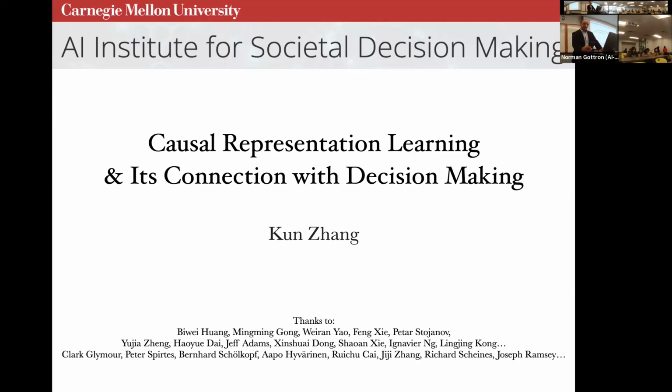He's an associate professor in the CMU Philosophy Department and also an affiliate faculty member in the Machine Learning Department. His research interests lie in machine learning and artificial intelligence, especially in causal discovery and causality-based learning. He develops methods for automated causal discovery from various kinds of data, investigates learning problems, including learning and deep learning from a causal view, and studies philosophical foundations of causation in machine learning.